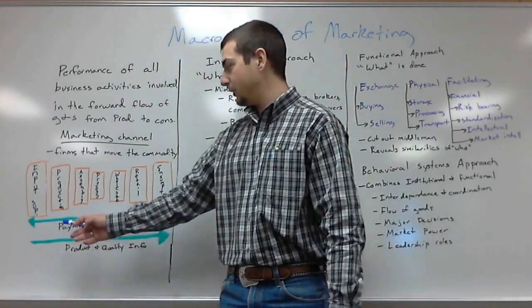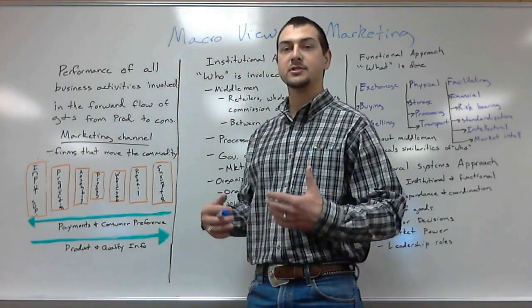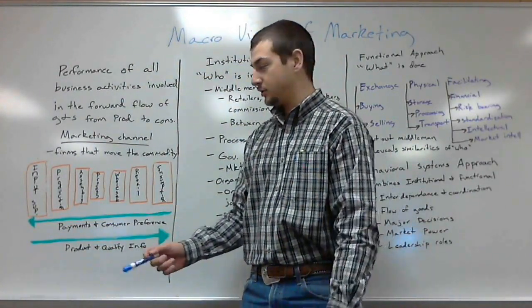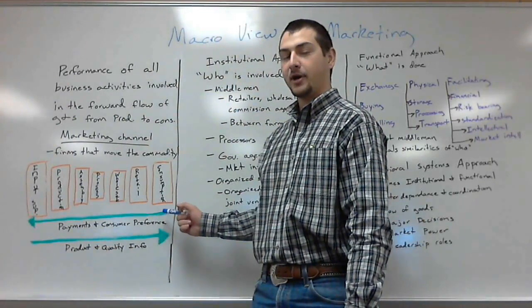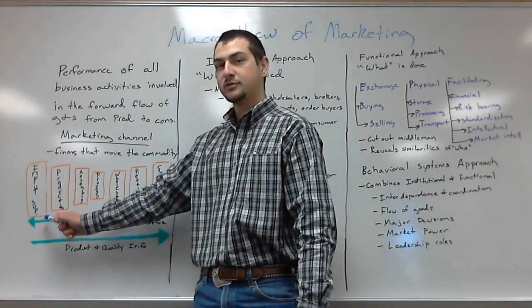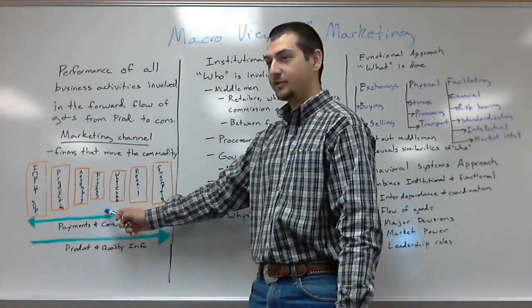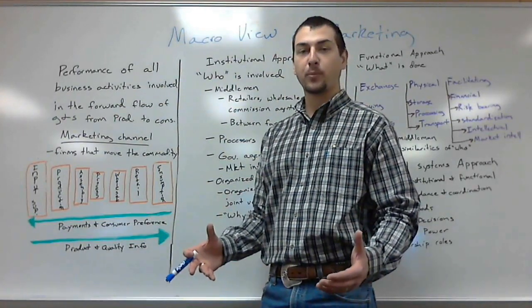As these products are going down the line, you have the farmers and the ranchers and the marketers and the wholesalers and the retailers basically promoting that product all the way down the line. So quality information flows from the producer to the consumer, because the producer and the assemblers and the processors know how good their product is.